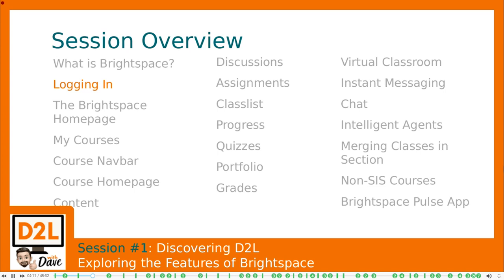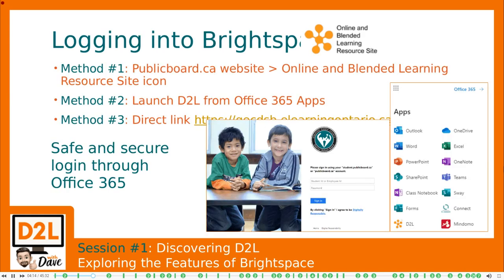So we'll look into how to log in, and there are essentially 3 ways of logging in. Of course, that covered up my actual link there. This is what I get for trying to edit everything in Office Online. Anyways, method number 1, you go to the publicboard.ca website, head down to the icon, online and blended learning resource site, and click on that, and you end up logging in through Office 365. You can also launch Office 365 and then locate the D2L icon in your apps. You may have to go to more apps in order to do that. Or you can go to a direct link, which is